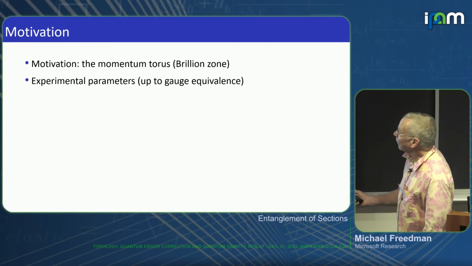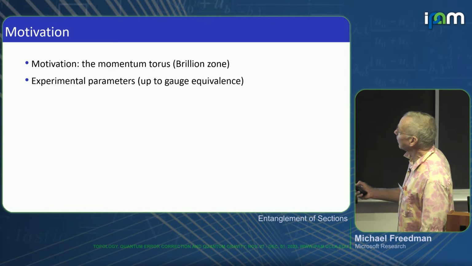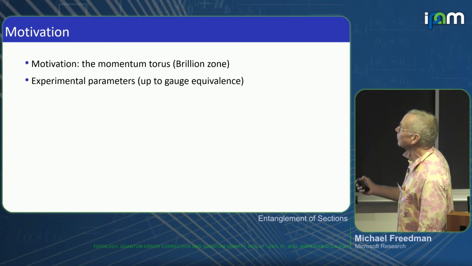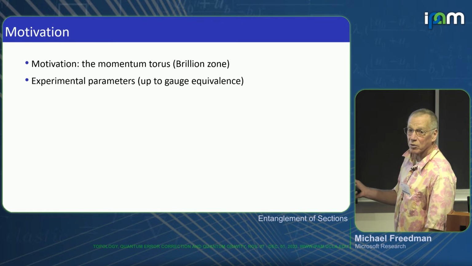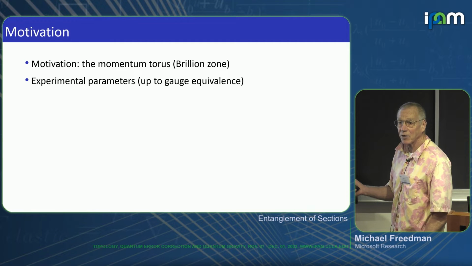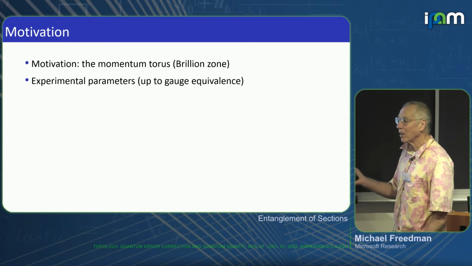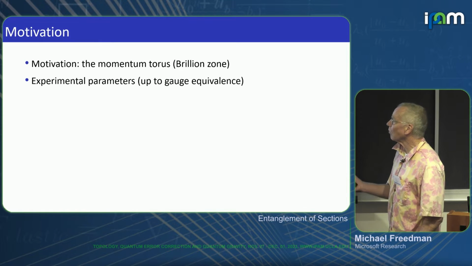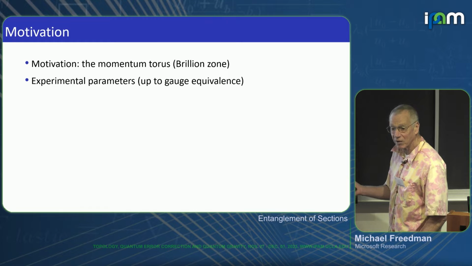So if you have tensor product degrees of freedom in the fundamental domain, you'll see naturally in condensed matter physics bundles whose fibers have natural tensor decompositions. And then if you have sections of these bundles or maps between these bundles, it's then natural to talk about the entanglement property in a family way, because you want to know what entanglement a section has, for example, over each point of the Brillouin zone, and it might vary.